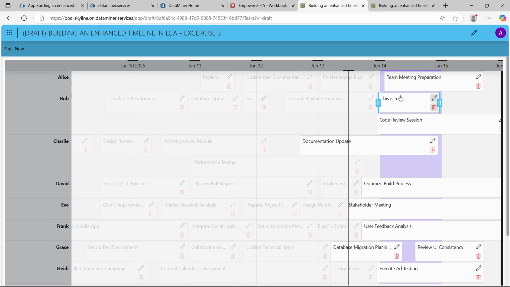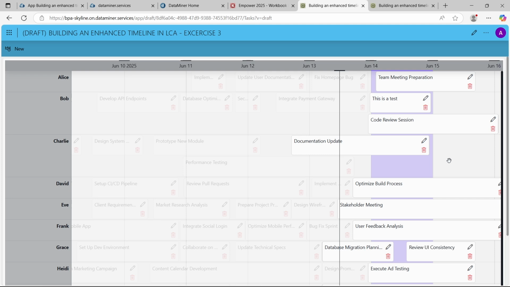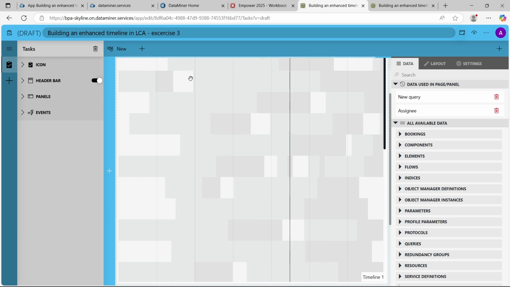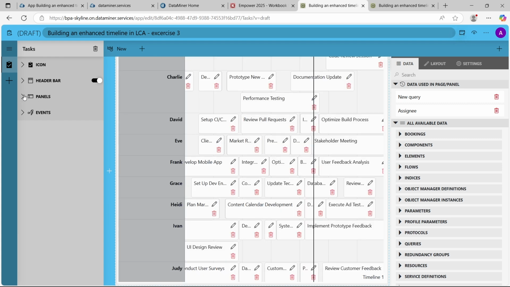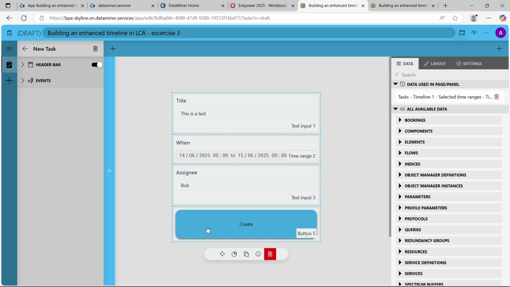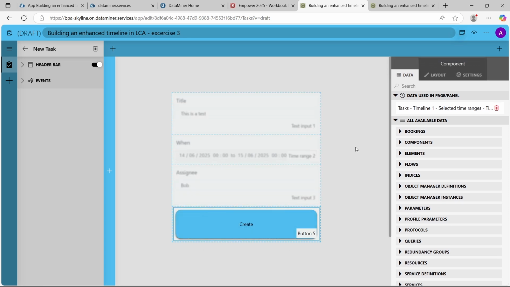So that's great. That's the second thing that we wanted to do, but there's still one thing that we need to configure, because you can see that now it's holding that same highlight. You can see that's over here. So the highlighting is not being removed. Let's configure that. Let's go back to panels, new task, and when the user clicks the create button,